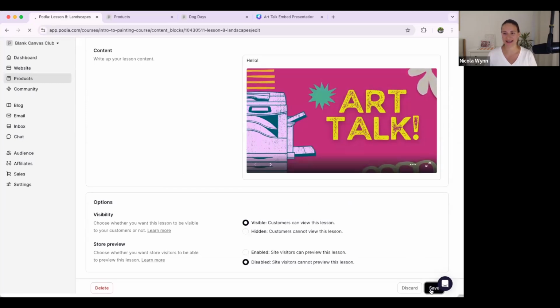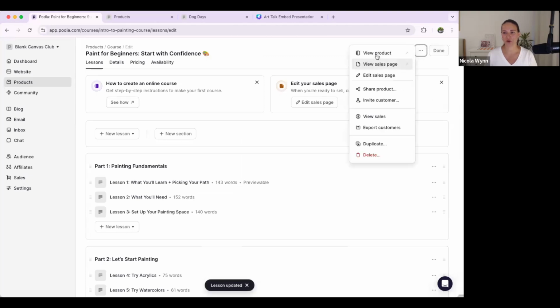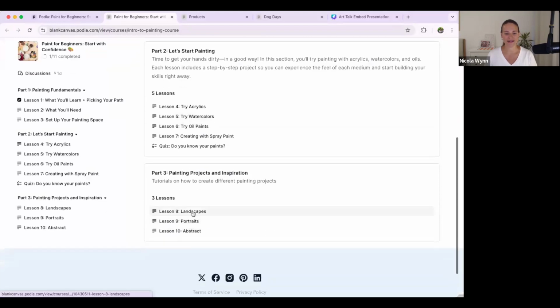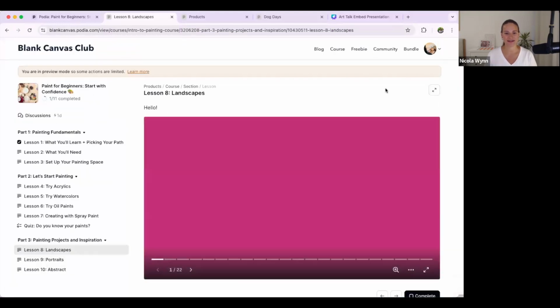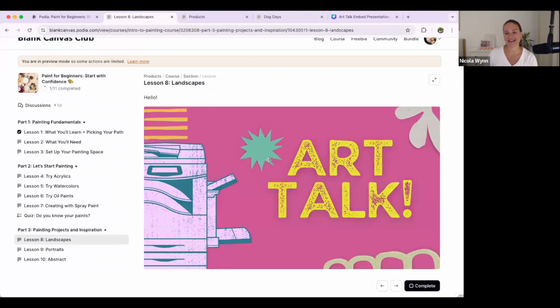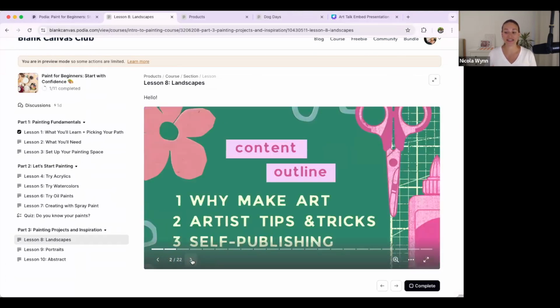So I'm going to click save. And let's look at how this looks for our students. I'm going to choose the view product view. We put that in lesson 8. And now your students will see this presentation with the animations exactly how it was in Canva, and they can toggle through the slides. So this is really helpful if you already have a presentation that